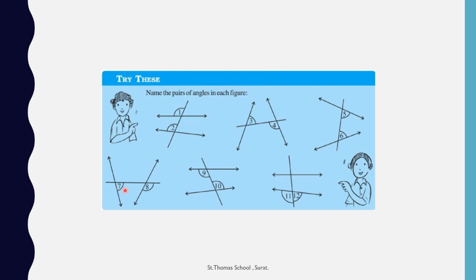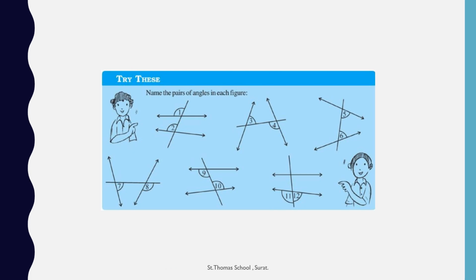The next one is angle 7 and angle 8. These are below the line. That means they are called corresponding angles. Here this is the transversal. These are two lines. One is angle 9, one is angle 10. That means opposite side of the transversal. That means they are alternative interior angles. Clear, children? The next one is, these are two lines. This is the transversal. So angle 11 and angle 12, that is a pair of linear pairs. Okay. Linear pair angles.